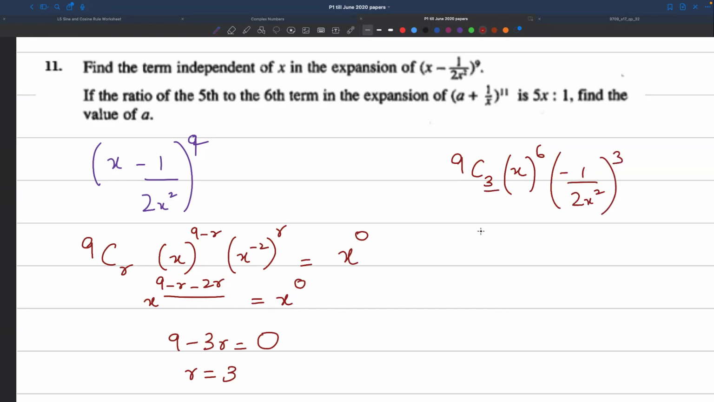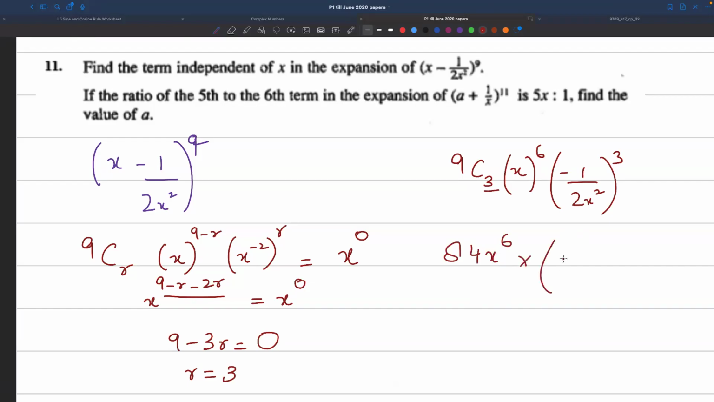9c3 कितना होता है कैलकुलेटर में? जल्दी से वो बता रहे। 9c3 बताओ। 84